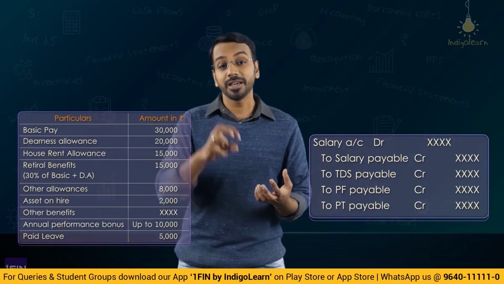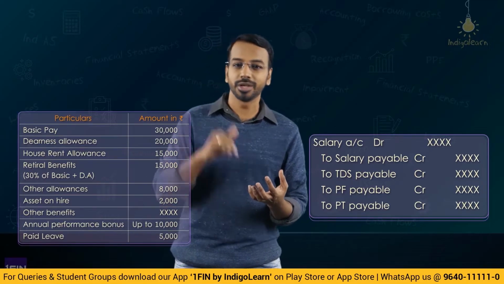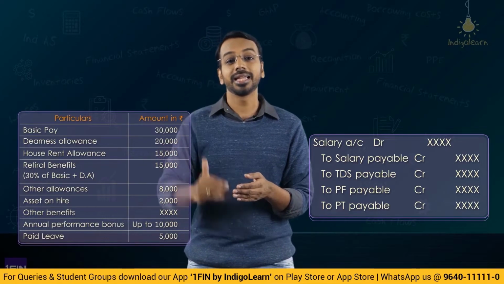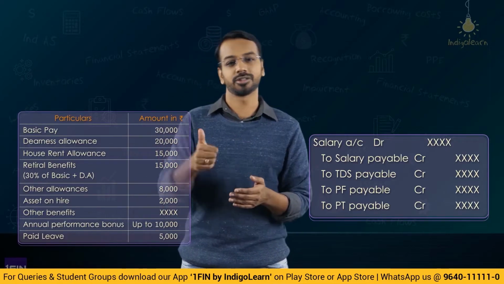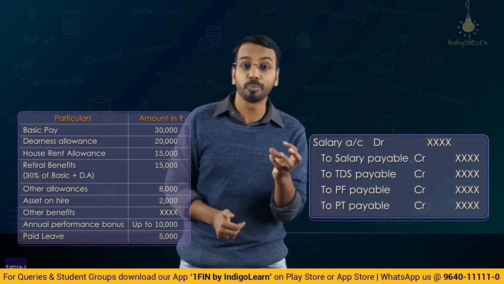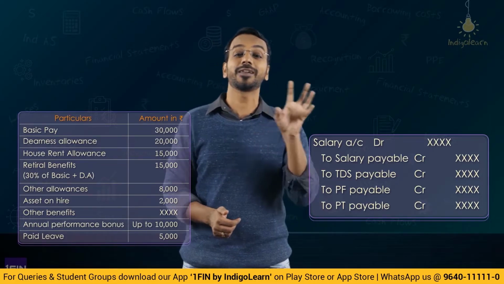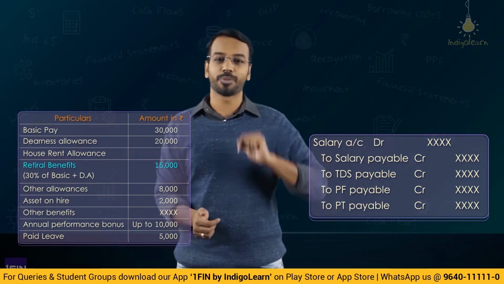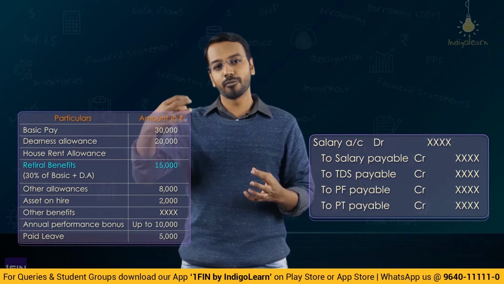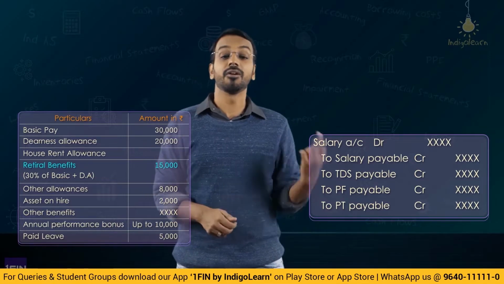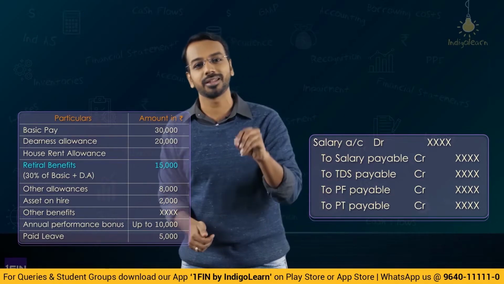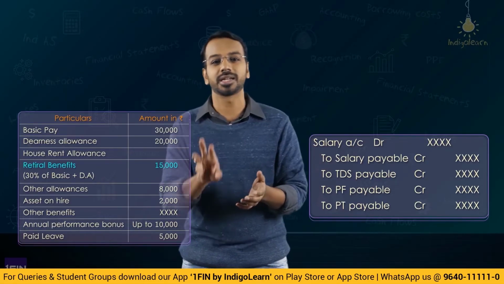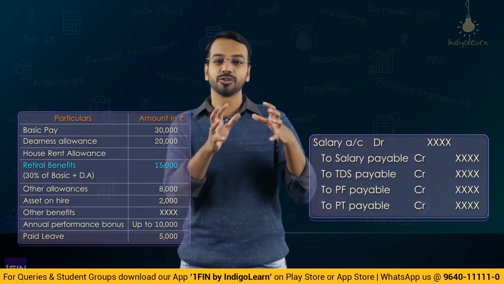Now, this PF payable, which is my contribution, the employee's contribution, is something which the company has deducted from my salary, and the company will contribute to the PF authorities or the PF trust. There is another component which was part of the retirement benefits of that 30%. Company will pay from its own pocket. So, what is happening here? From my pocket, I am contributing 6,000. From the company's pocket, the company is contributing another 6,000. Now, the important question is, how do you account for this? That is what we will be understanding in this standard, right? So, this is one aspect.